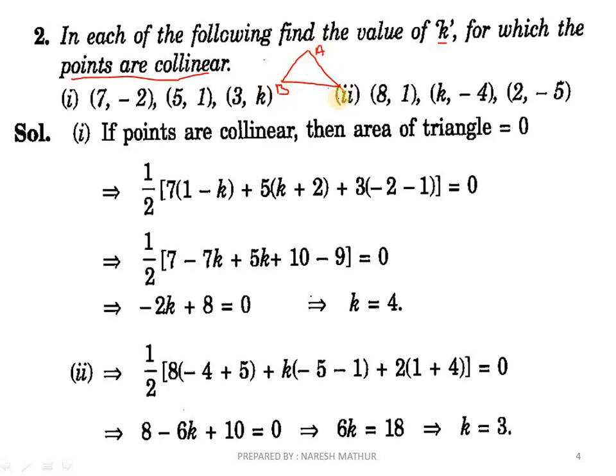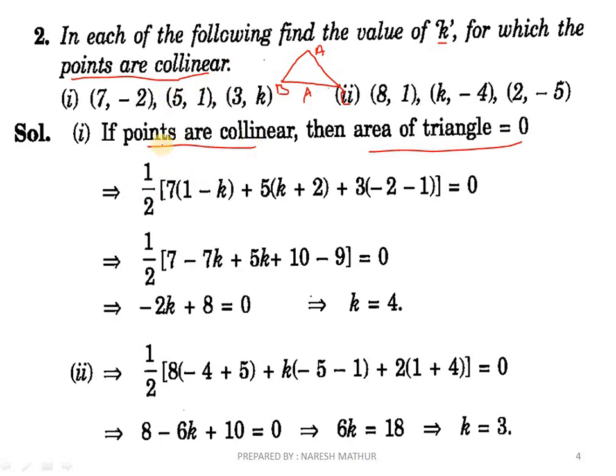Now what will be the area of the triangle if I slide the point A down? Let's say the new place of this point is A. Now what should be the area of triangle ABC? You'll say, sir, there is a straight line, so the area will be 0. That's why we always equate the area of the triangle to 0 when we are told the points are collinear.